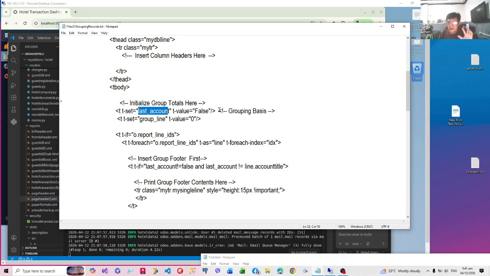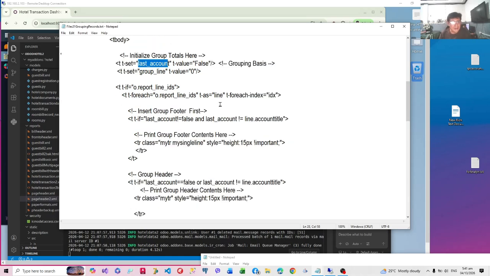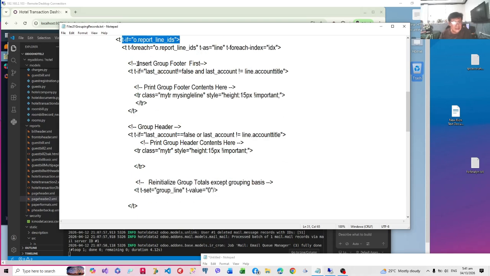So that at the first row, we will not print a group footer, but we will print a group header only, okay? And then for each line, we do this check, if there's a content, for each line, we will first insert a group footer, okay? That is if the last account is not false. So during the first record, no group footer is printed, and the last account is not equal to the latest